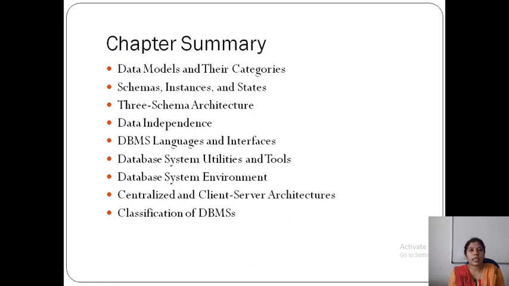In the next chapter we'll see the conceptual design, like how you are going to design the database model and what are the different models you are using to design the conceptual things.